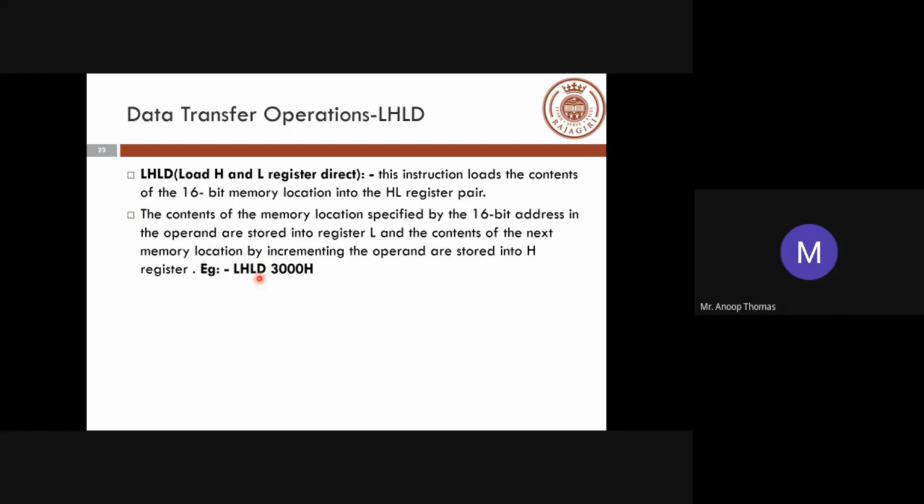So 3000H data will be going into your L, and 3001H will be going into your H register. Okay, so this is a special kind of instruction which is called load H and L register direct. Direct, D is the keyword here. D represents direct. So you're directly giving the address value. It is not related to something else. Okay, so that is this.